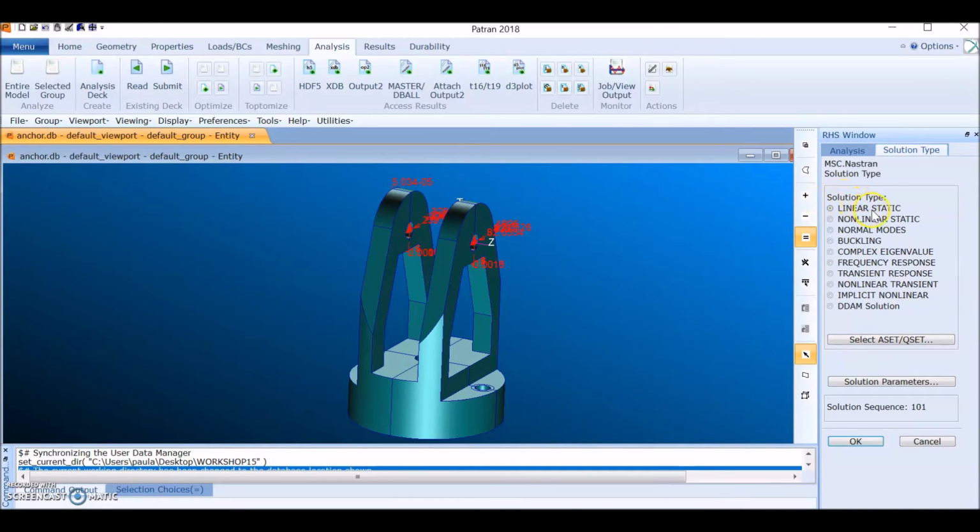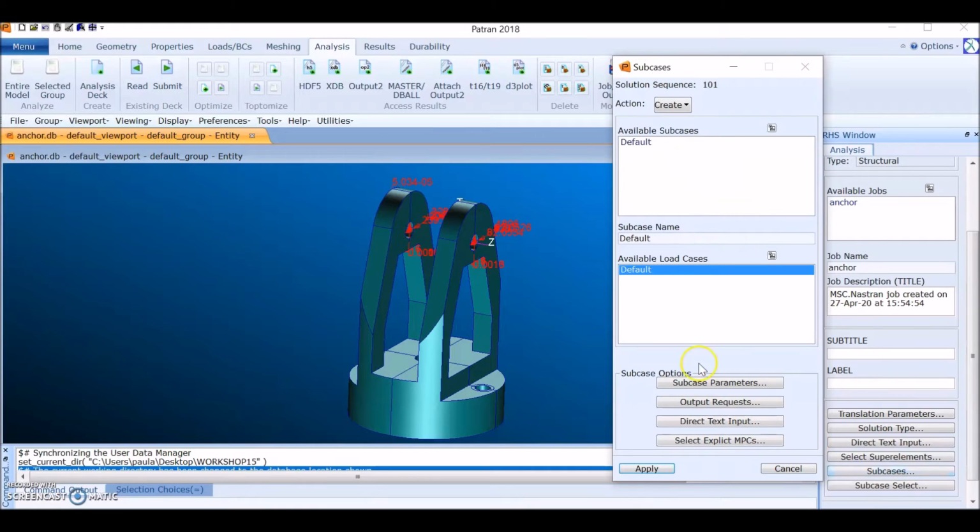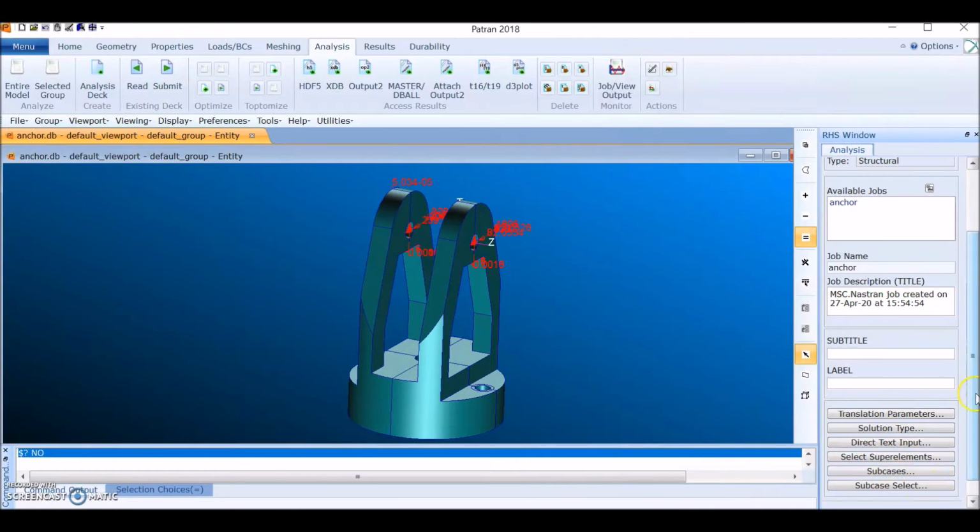We make sure that it's just selected the linear static part, and then we click on OK. Then subcases, and here we make sure that the subcase name is default and the available load cases is just default. Then we click cancel,